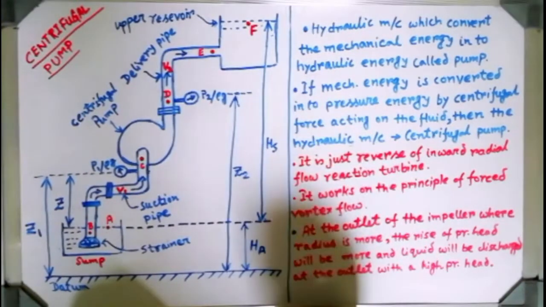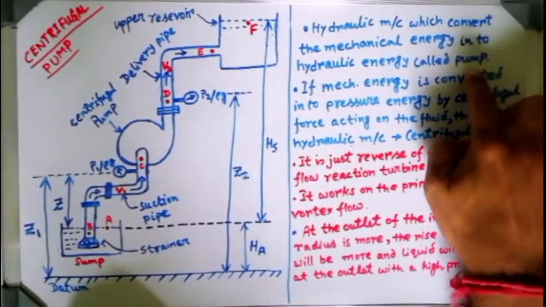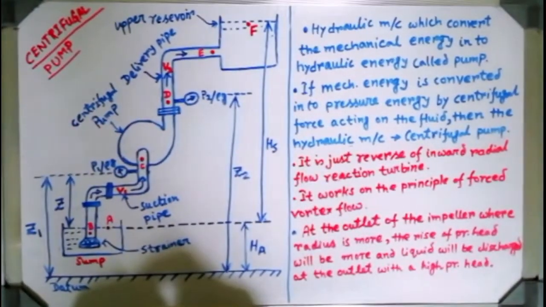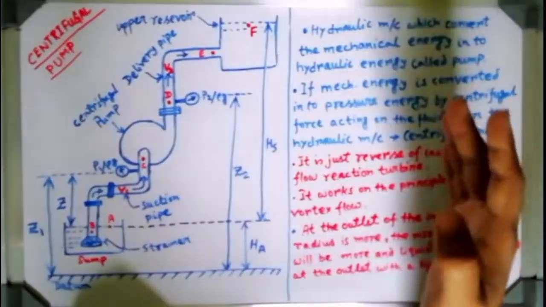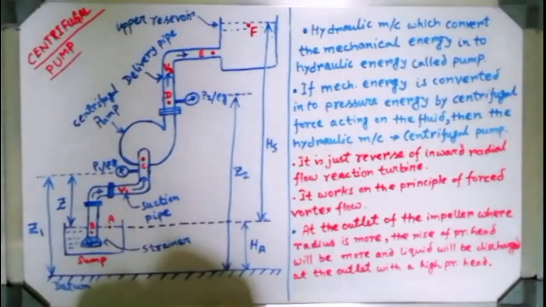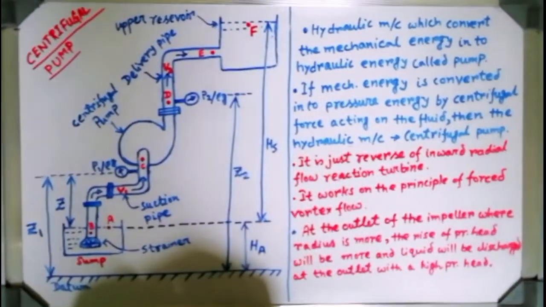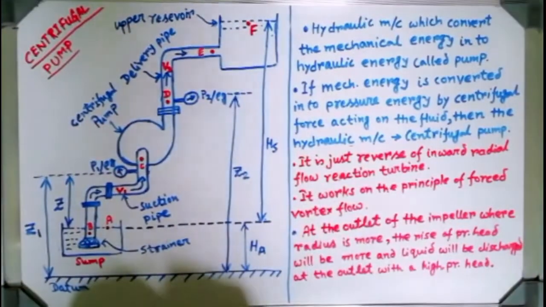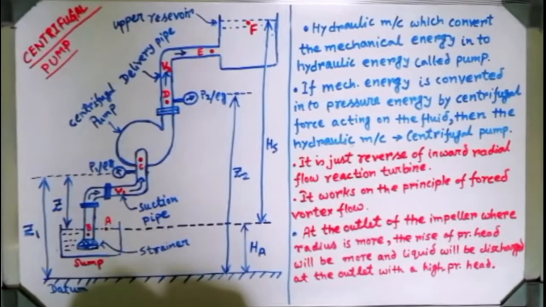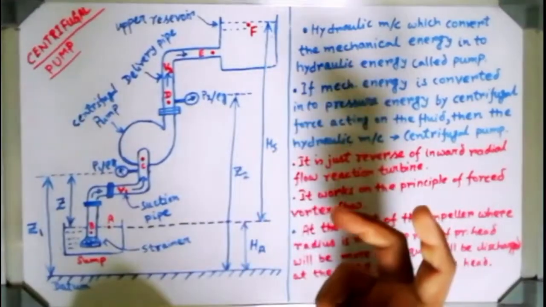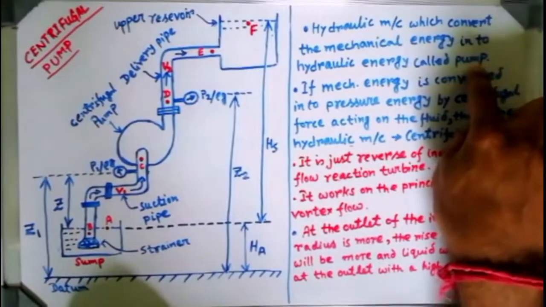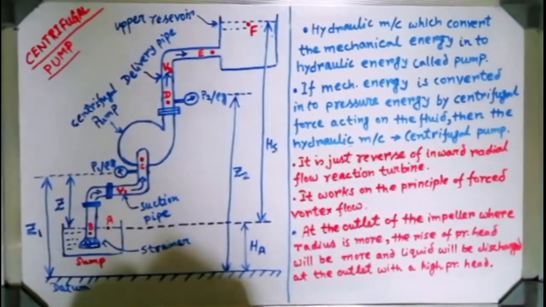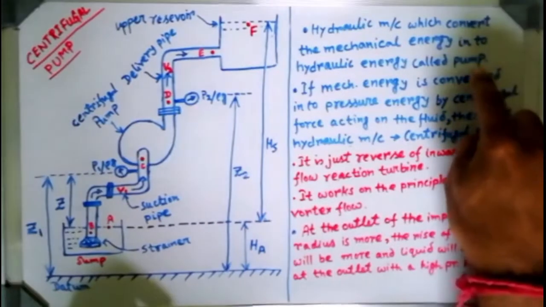So what we do actually, if we want to use a pump, then you have to supply some mechanical energy into it. It cannot run just like the IC engine. Basically a pump is a work consuming device. If you want to run a pump, you have to connect one prime mover to it. It may be an IC engine, it may be a motor. You can couple an IC engine with a pump.